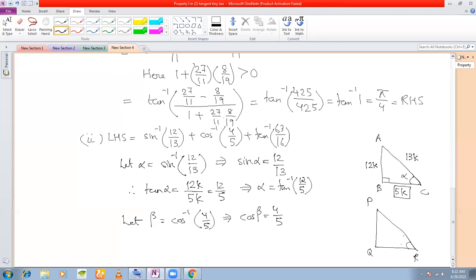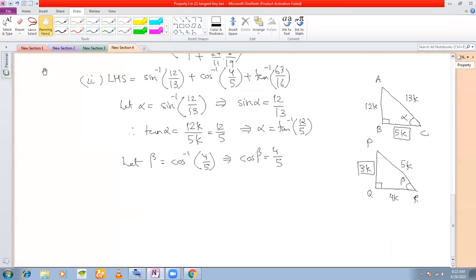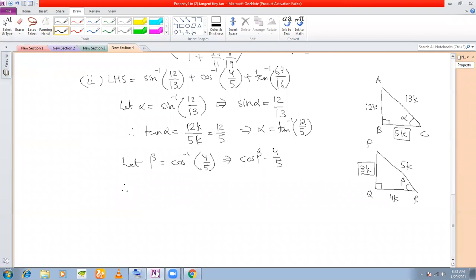Let's call this angle beta. This is my right angle, so this is base by hypotenuse. Consider this as 4k, this as 5k. If you work out by Pythagoras theorem, this length should come out to be 3k, right? So therefore,